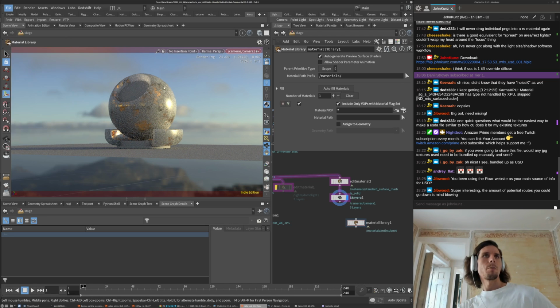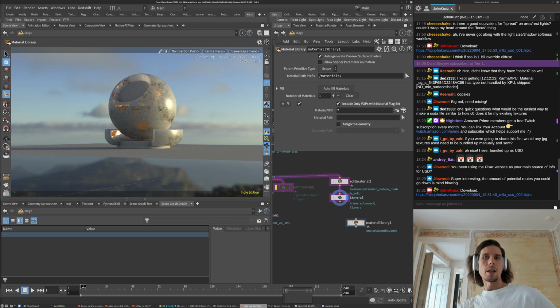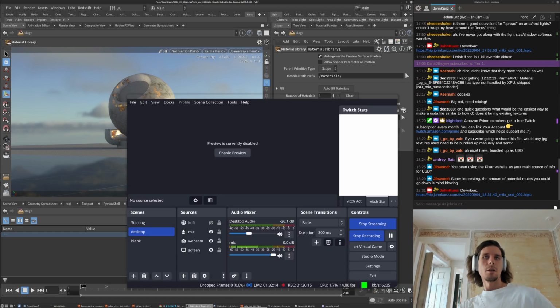So if you want to play around with this material mixing stuff, you can grab that scene file. And yeah, I think this will be it for the